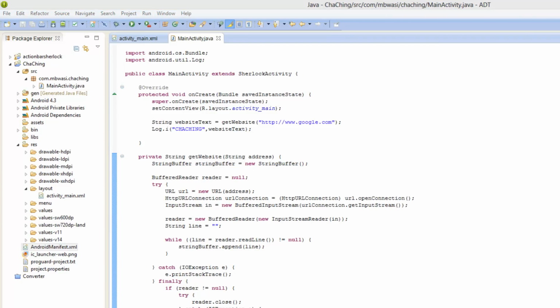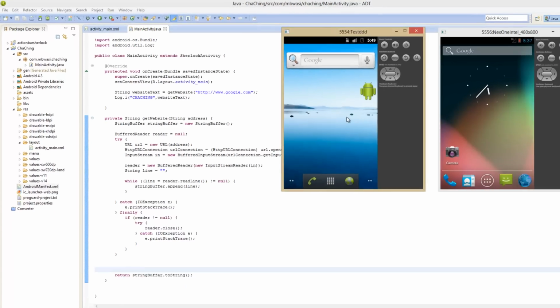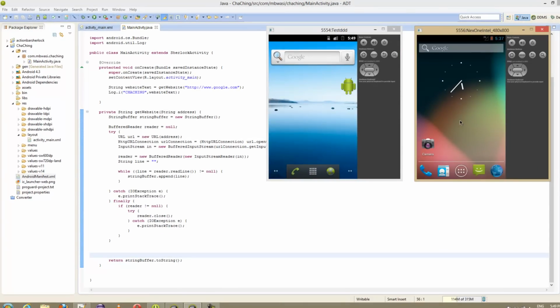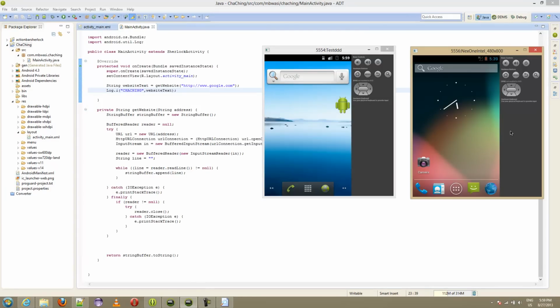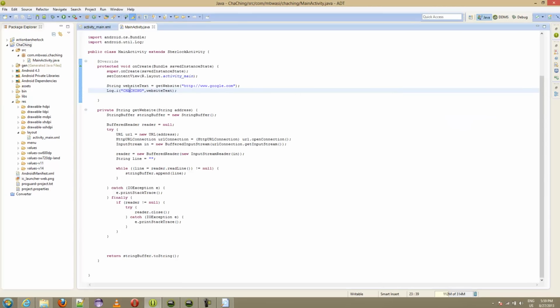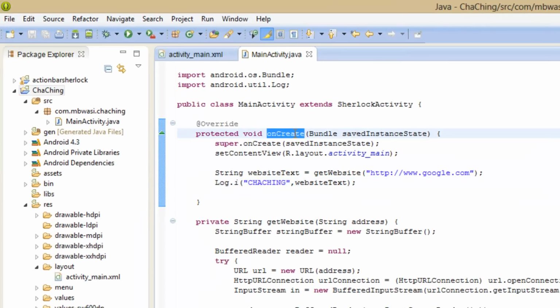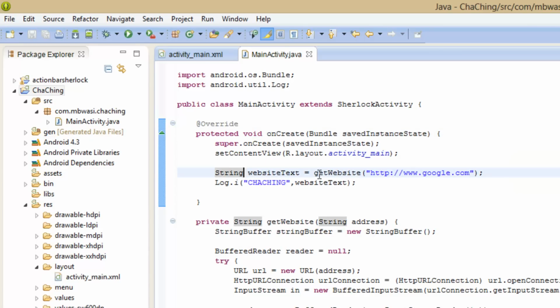And I have two emulators here. One is 2.33 and one is 4 point something. Then I'm gonna run this app on both, and we'll see how it goes. Alright, so we have our two emulators running, and if you look at our app, the way this works right now is as soon as the onCreate method is hit, and this is a lifecycle method, so it will be hit automatically when the app is starting,